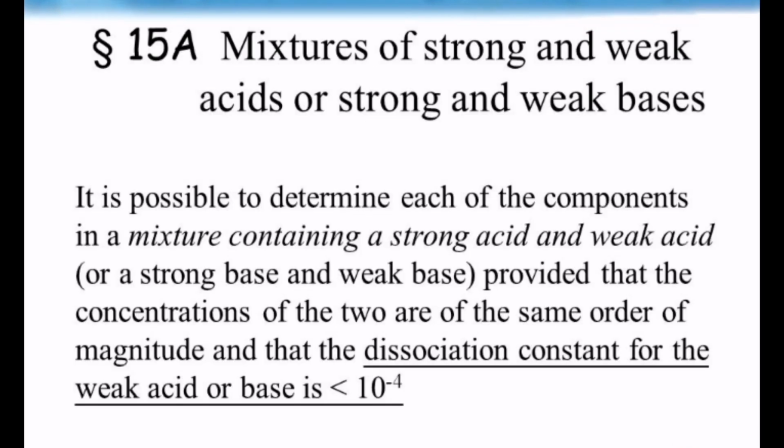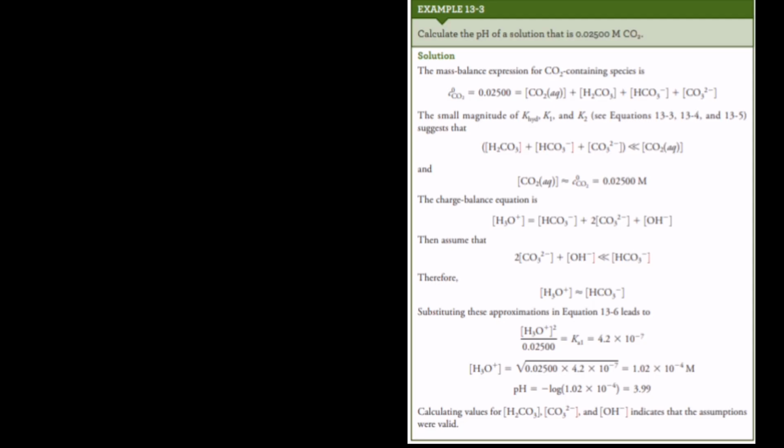So this is the complex acid-base system. Let's jump into the next examples so it is easier to understand. This is the example I chose, which is 13-3, the carbon dioxide and carbonic acid system. Here, calculate the pH of a solution that is